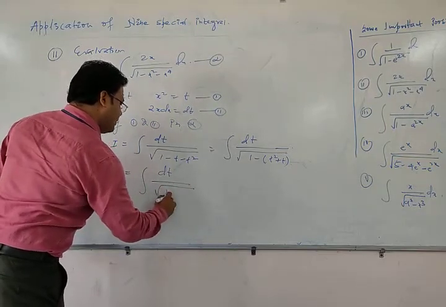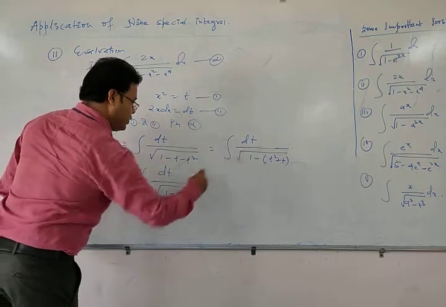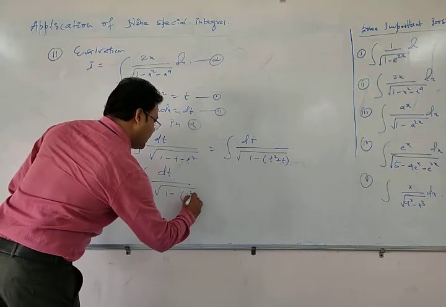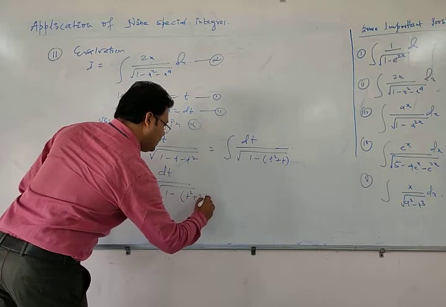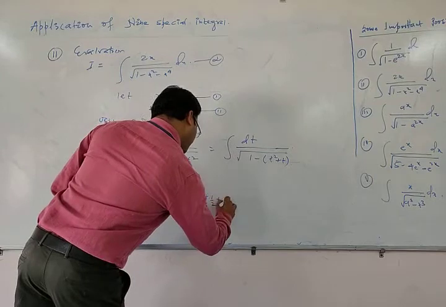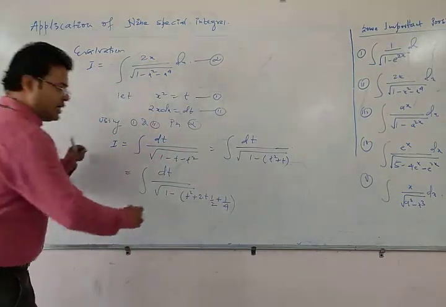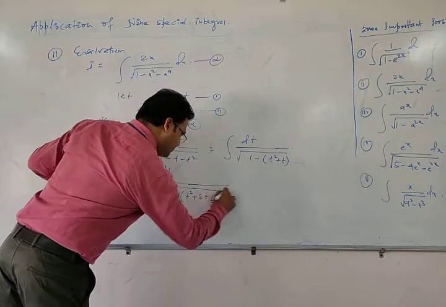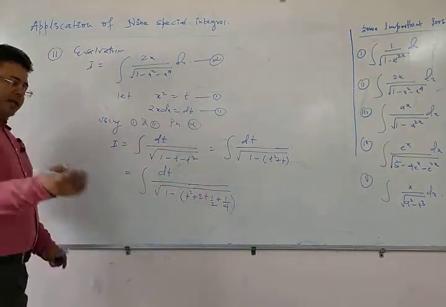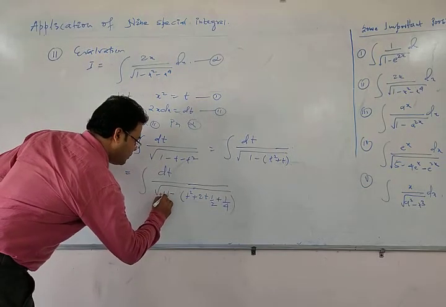dt 1 minus here you can write t square plus 2 into t into half plus 1 by 4. So hello students, you can see here this is the extra minus 1 by 4. So you have to manage. So we have to write plus 1 by 4,